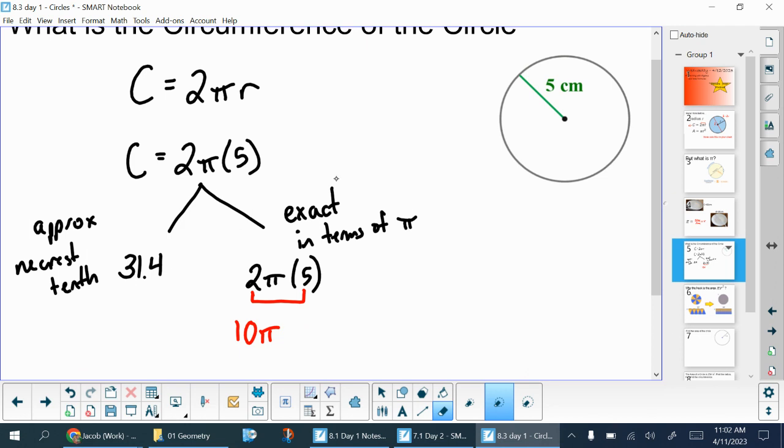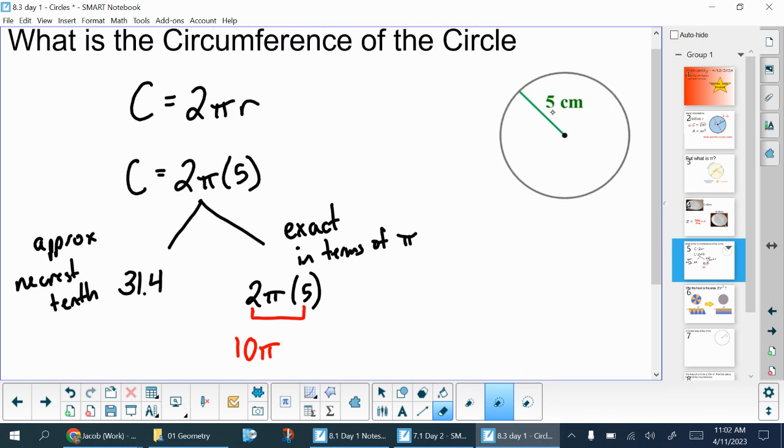That's much more useful. The last thing I do want to talk about here is units. The radius was in centimeters. Circumference is just the distance around the outside. Distances are measured in linear units, just like the circumference, or just like the diameter is. Right? There's no square units here, because we are not taking a length times a length. There's only one length dimension, and so this is still in